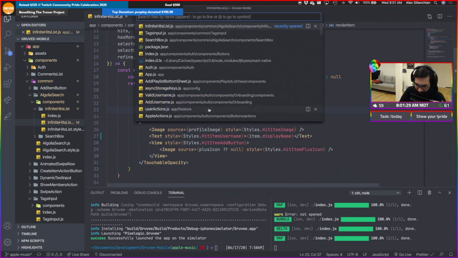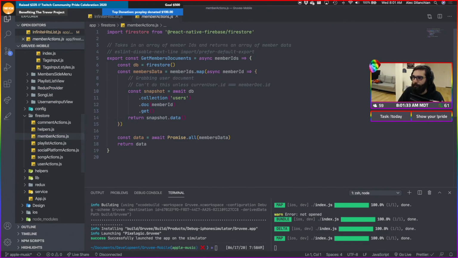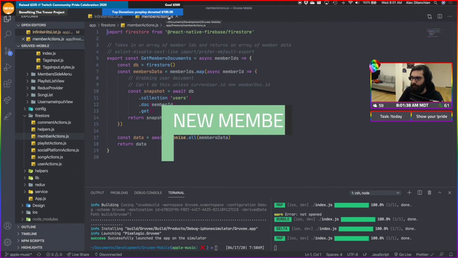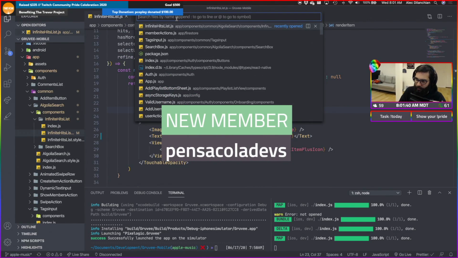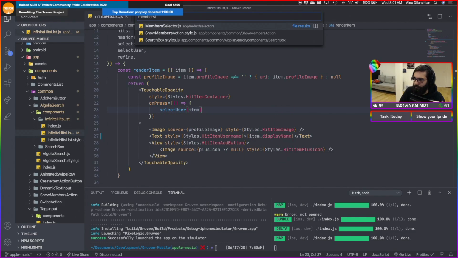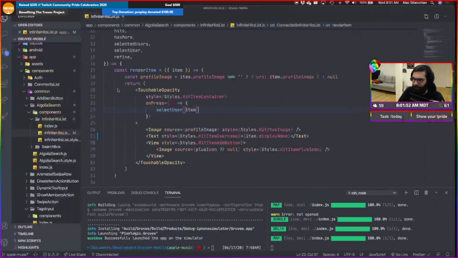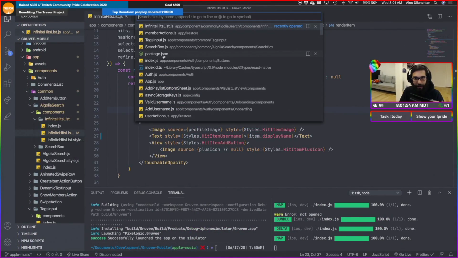So might as well just do that in this fix. What is this component called? Let's go to navigation.